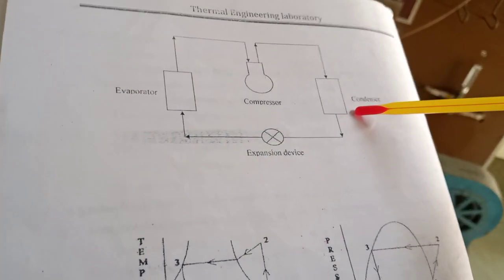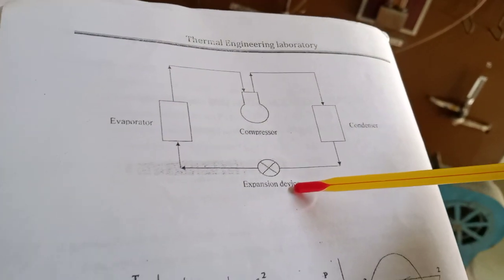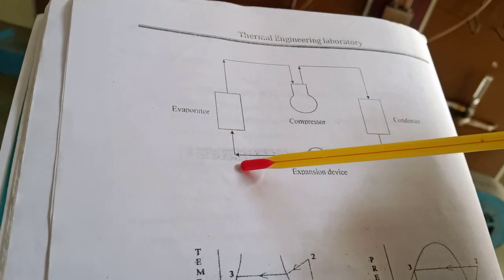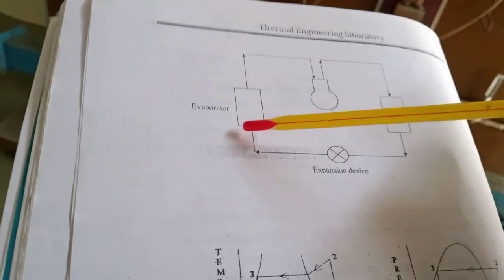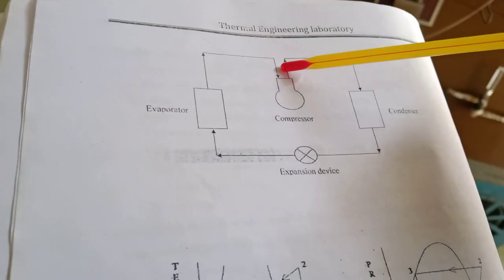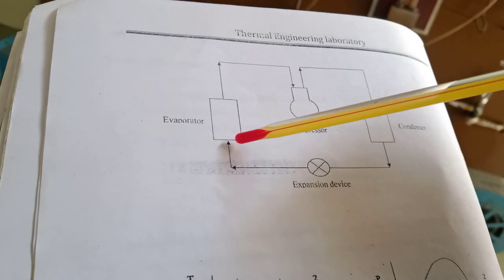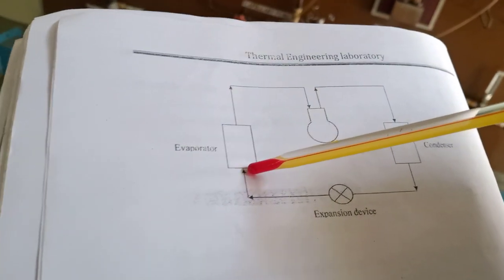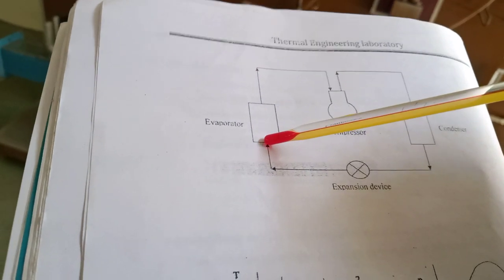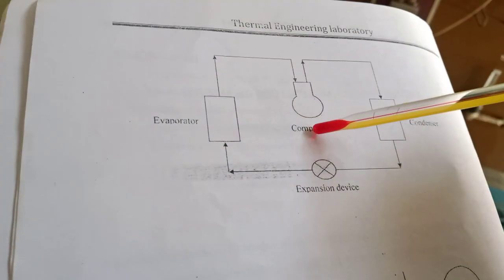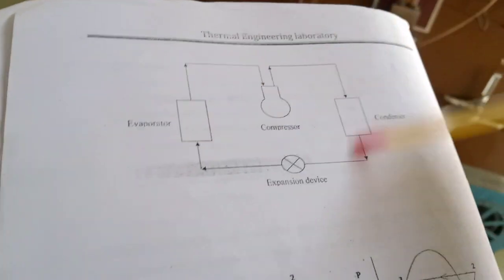Here the phase change happens. The vapor is converted into liquid. Then the liquid flows through the expansion valve, which reduces its pressure. Then this liquid flows to the evaporator where it absorbs the heat from the room. Then this heat is transferred, and the liquid refrigerant is converted to vapor refrigerant. This vapor again flows to the compressor, and then it loses its heat in the condenser. Okay, this is how this cycle